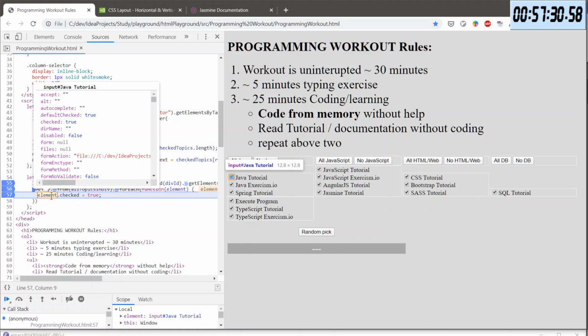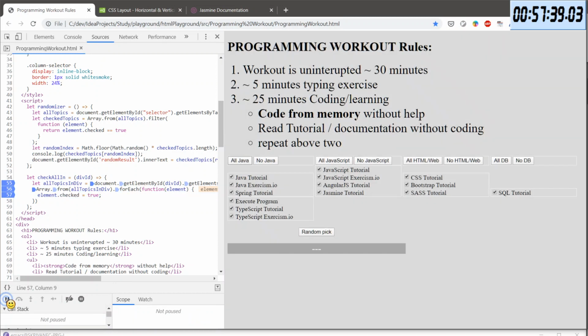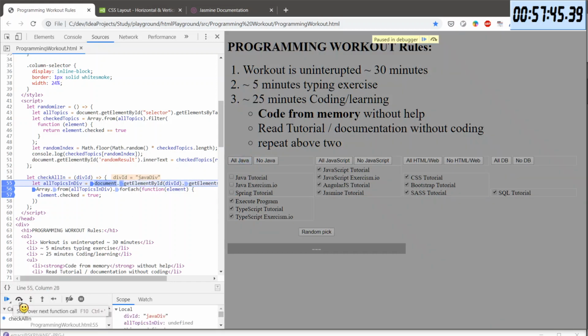Okay. And I will check it again. Okay, so when I uncheck it and I do all Java, I step over, step over. Okay, now it works.